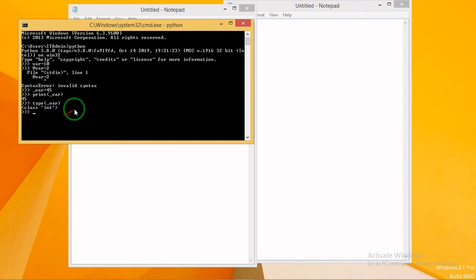Likewise, if I assign a string value, I hit enter and print the value, and it shows the string.